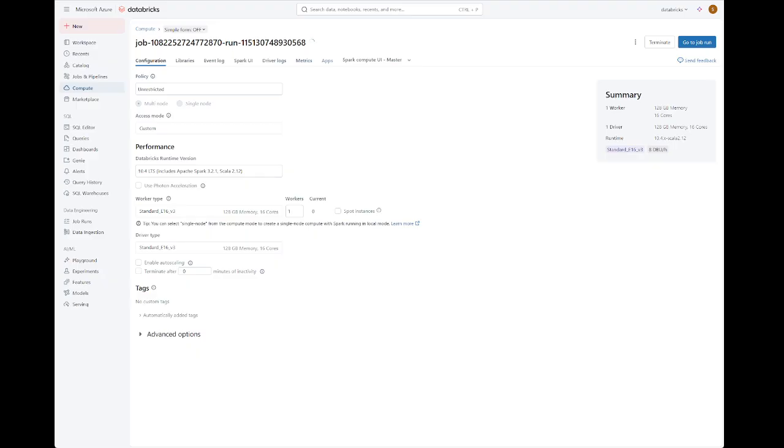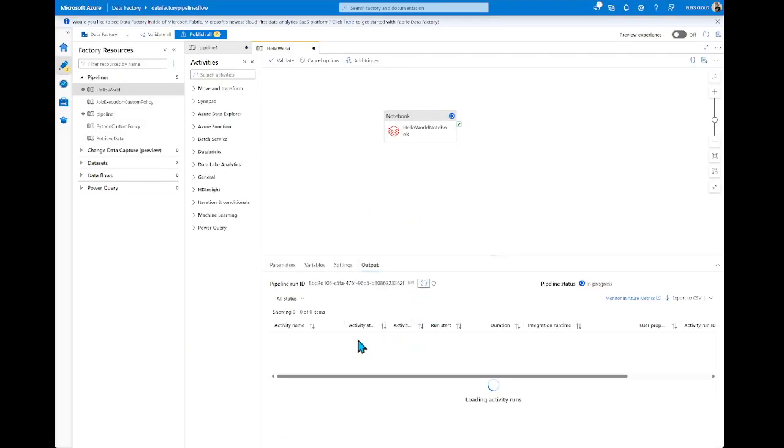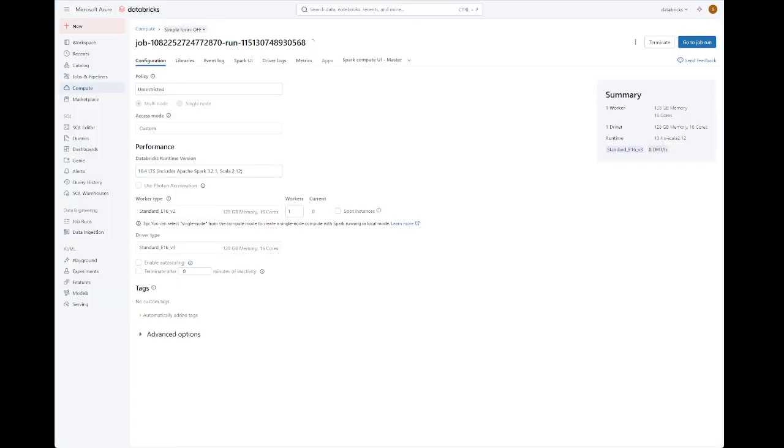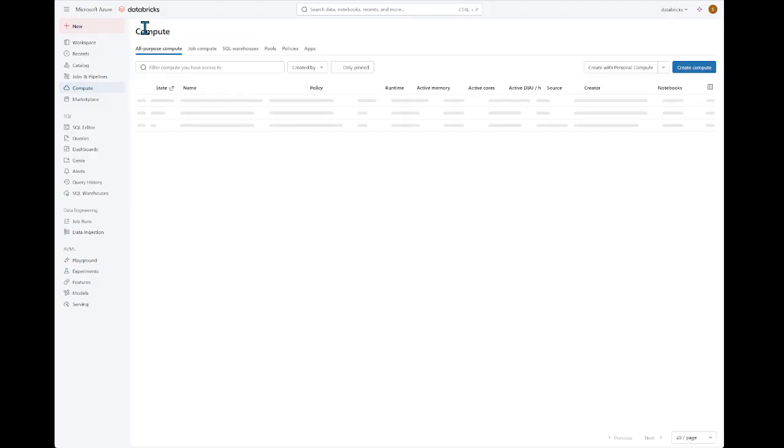And you see it start and processing. So it takes some time because we need to set up this compute to execute the job, and we will see the results. But what I'm going to show you here,